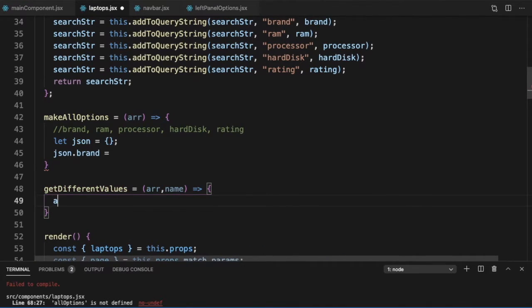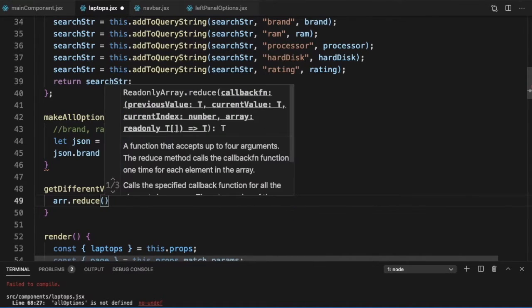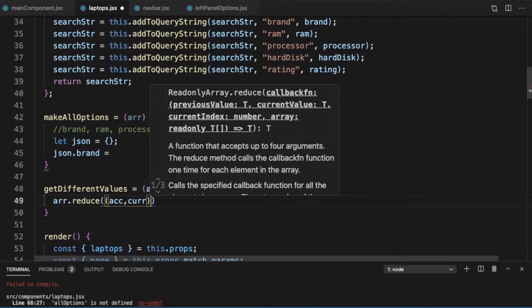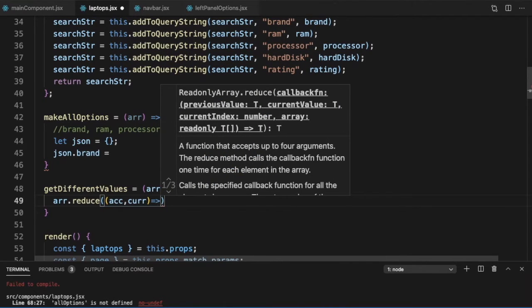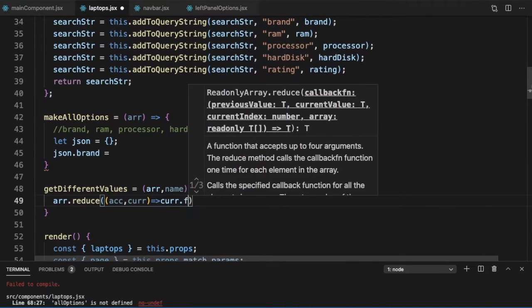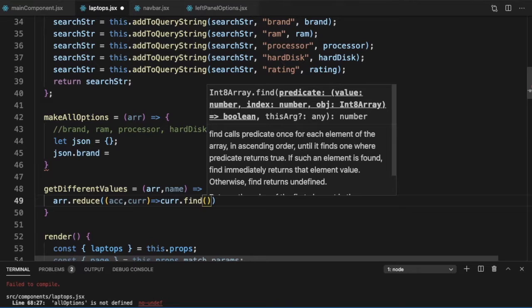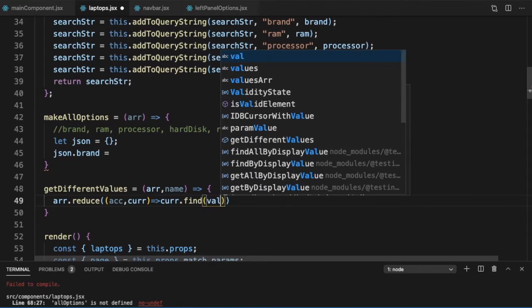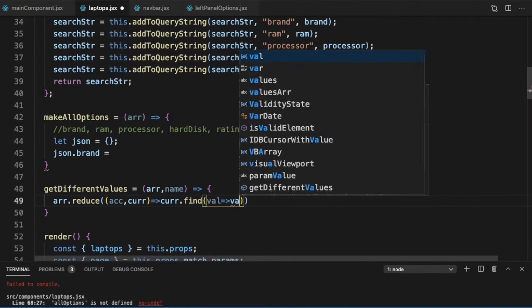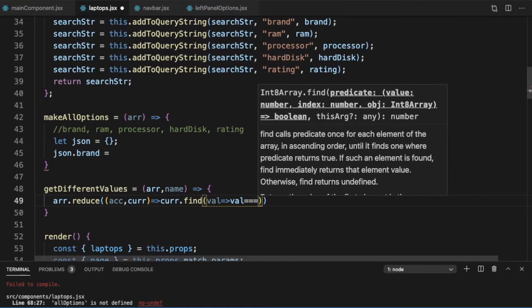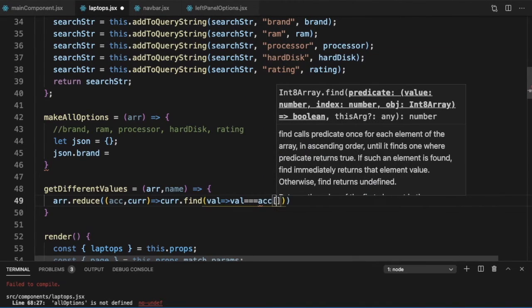So we can just say arr.reduce, accumulated comma current. Now if we will just find this value in the accumulated, so we can just say accumulated.find, val such that val is equal to current of this name.